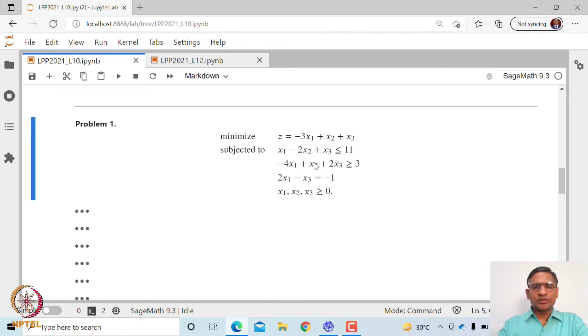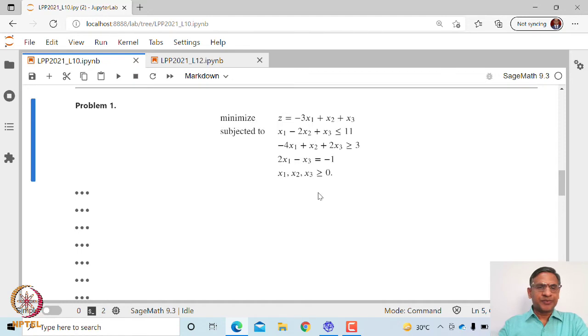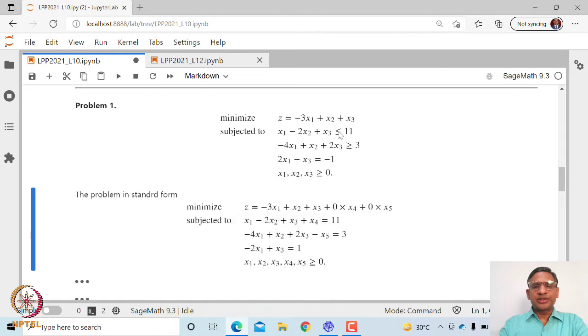So if you want to solve this problem using the standard simplex method, we really have to struggle to find the initial basic feasible solution. However, we can solve this problem using the two-phase simplex method that we have seen in the last class. What we are going to do first is convert this problem into standard form. That means we have to make each of these inequalities an equality. In the first constraint we need to introduce a slack variable, which is x4. In the second constraint we need to introduce a surplus variable x5, and in the third constraint we don't need to introduce any variable because it is already of equality type.